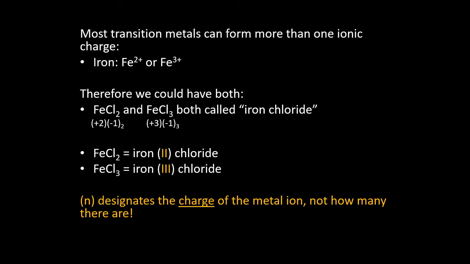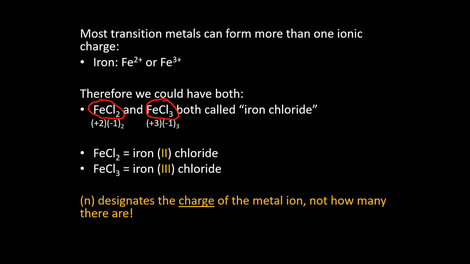If we have iron +2 react with chlorine to form an ionic compound, we get this. If we have iron +3 react with chlorine, we get this. And those are not the same molecule. They will have fairly similar chemistries, but not identical by any means. They are most definitely completely separate molecules that just look very similar. So they can't both be named iron chloride, because we need to be able to specify which